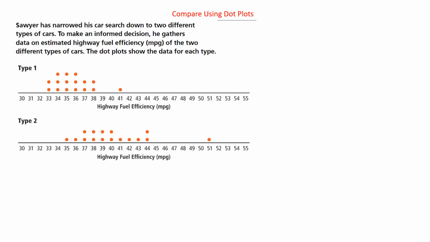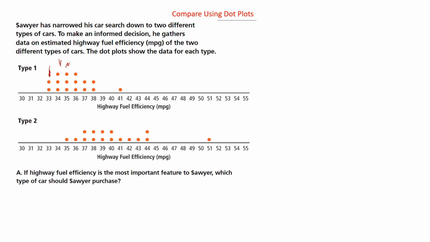So starting out using dot plots, Sawyer has narrowed his car search down to 2 different types of cars. To make an informed decision, he gathers data on an estimated highway fuel efficiency, miles per gallon, of the 2 different types of cars. The dot plots show the data for each type. And remember, with dot plots, we actually see the data. So for type 1, we have 2 that are 33. We have 3 that have 34 miles a gallon, 3 that have 35 miles a gallon. So we can actually write out the data, and we will be doing that here in just a moment. But first,